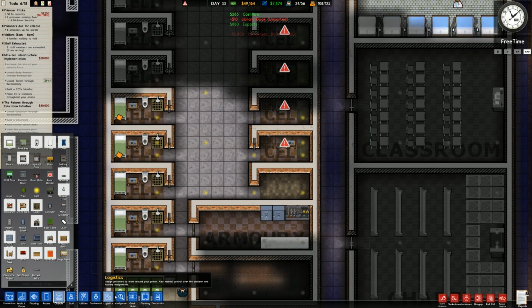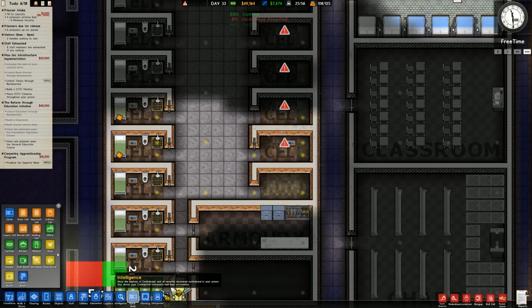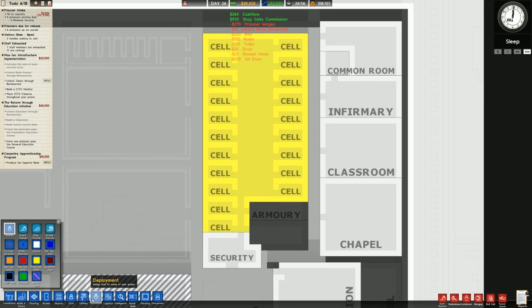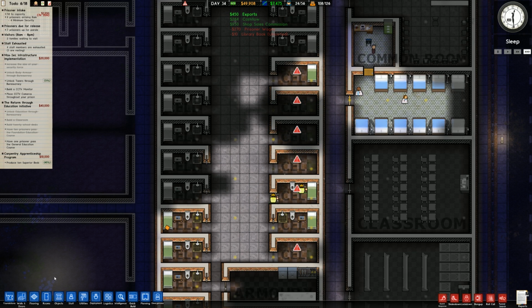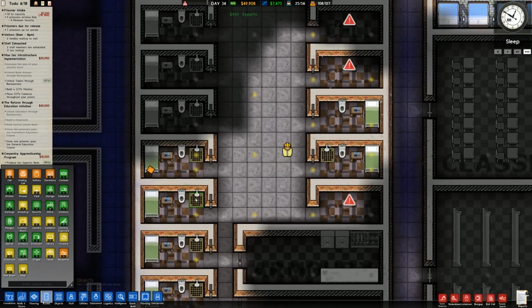And I also haven't fully cloned everything by the look of it. Let me just go over to our quick build there and cloning, and we've still got it selected, so we can place that there. And once again, we'll check deployment. Yes, they are still designated as protective custody, which is fine. So we do need a couple of things. Several things, in fact. So in terms of rooms, we need...